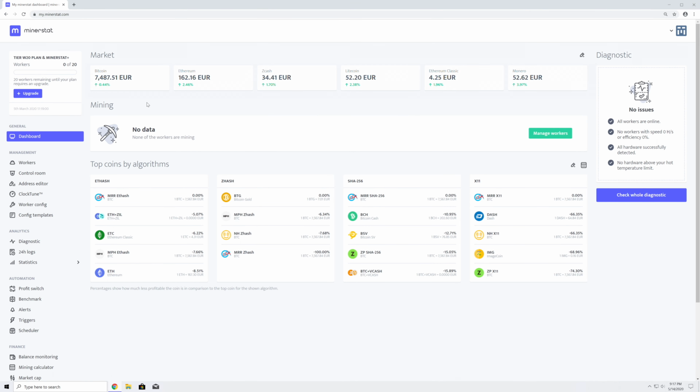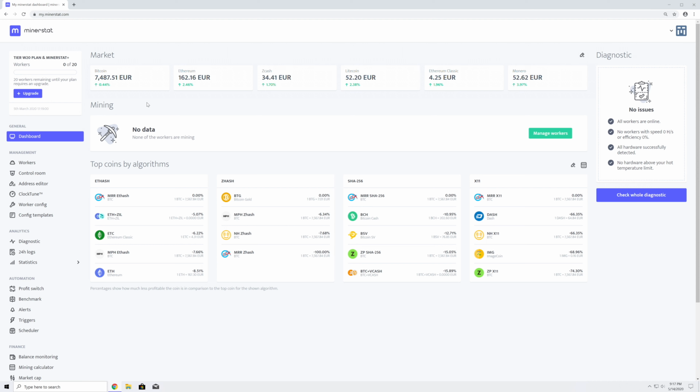In this video, I will show you how to add a new worker and install the software for mining and monitoring your ASIC machines without using SSH. To install ASIC Hub non-SSH, you will need a separate Linux, Mac, or Raspberry Pi computer, which will act as a server monitoring ASICs in the local network.